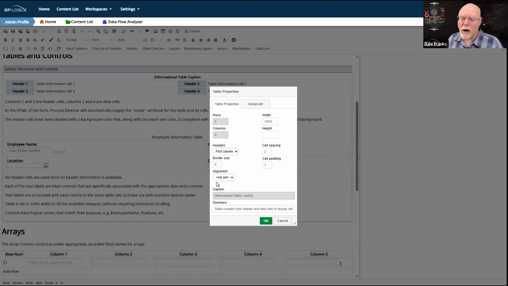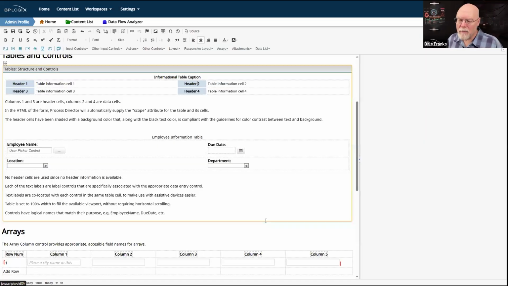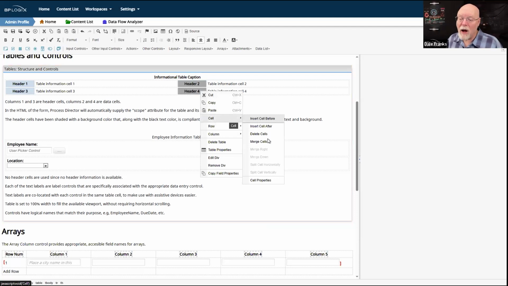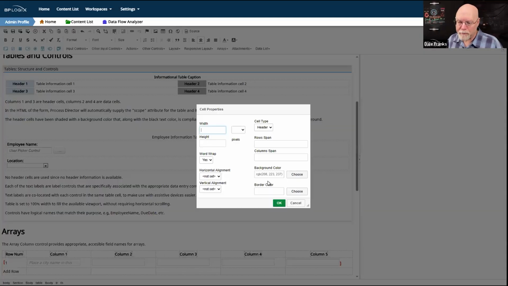However, I have these two additional cells in this column. And so if we were to highlight these cells and go to the cell properties, I can individually take a cell and mark it as a header cell, which is what I've done for these two cells in this column.